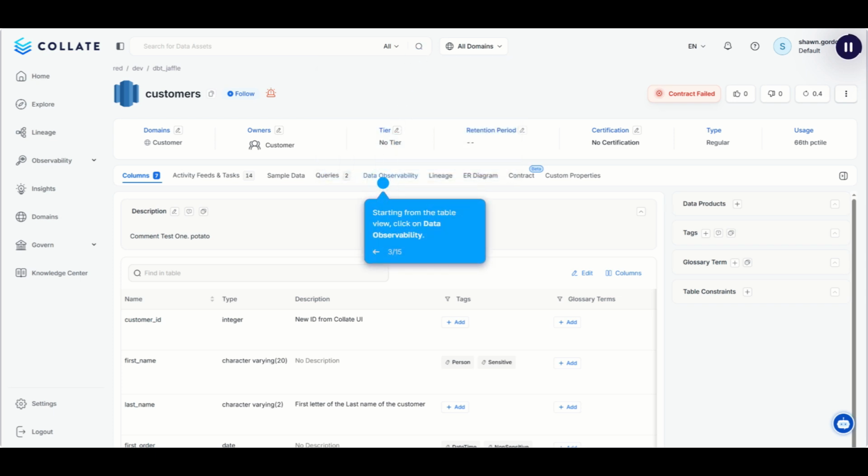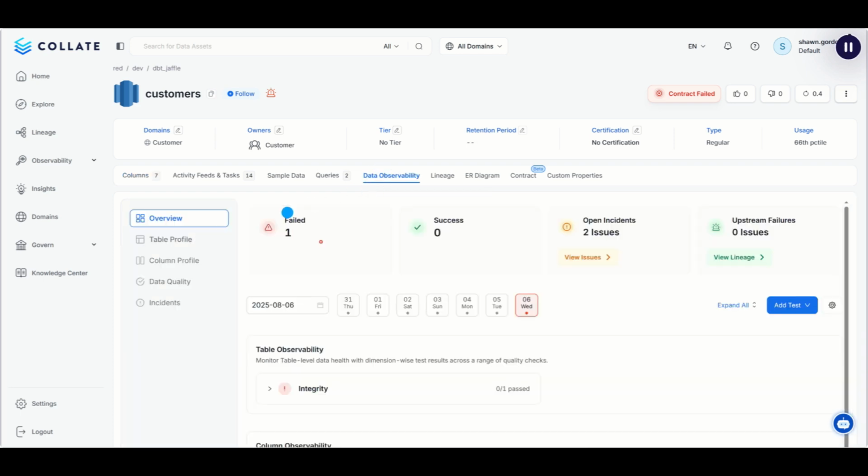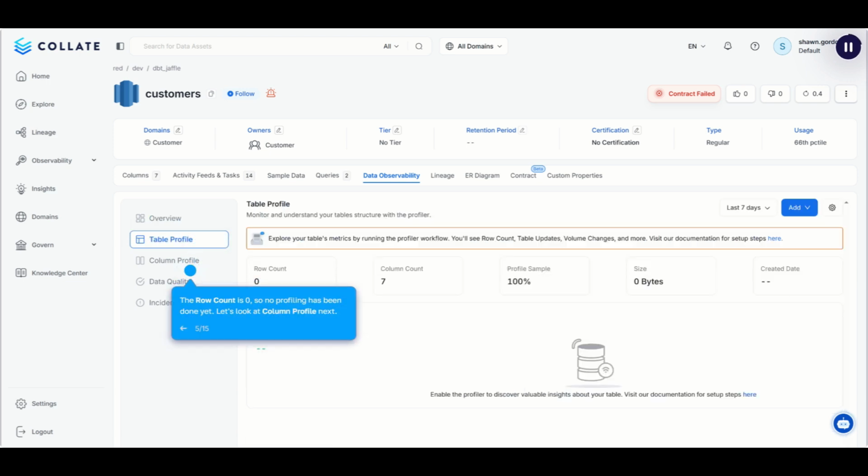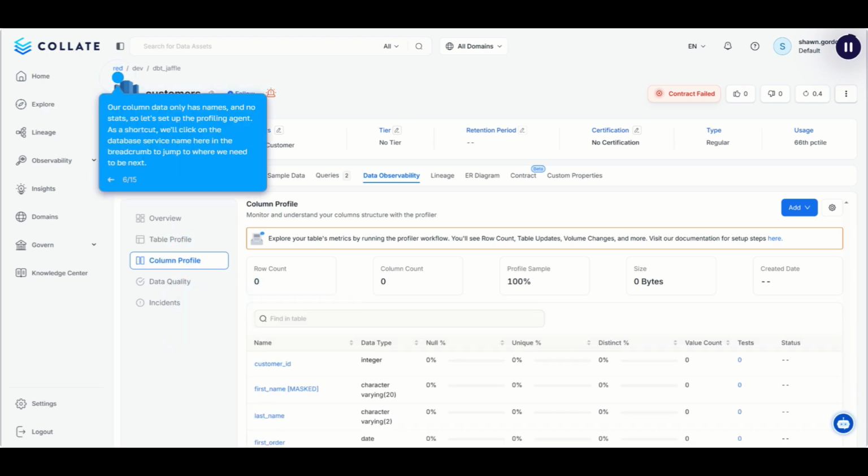Starting from the data table view, click on the Data Observability tab. Let's check if this customer table has been profiled by clicking on Table Profile here on the left. We see no data, and the row count is also 0, so it's clear that profiling hasn't been done yet. Now let's take a look at the column profile. While we see all the column names and types, there are no associated stats, so we need to set that